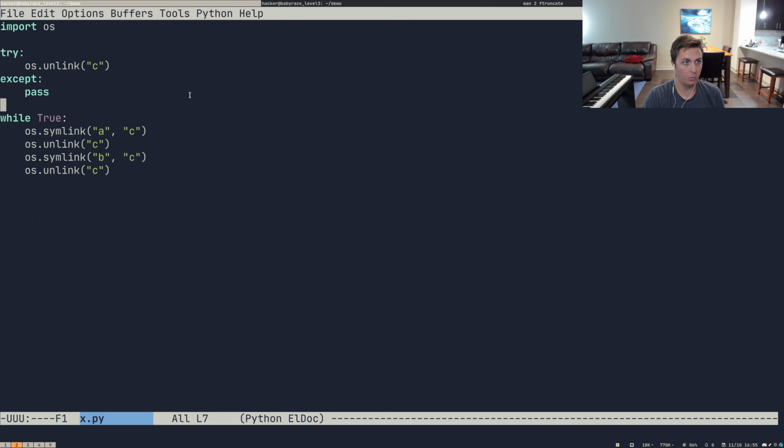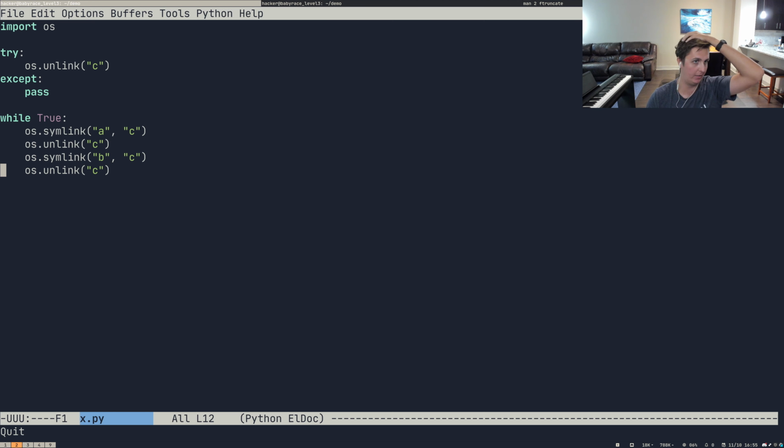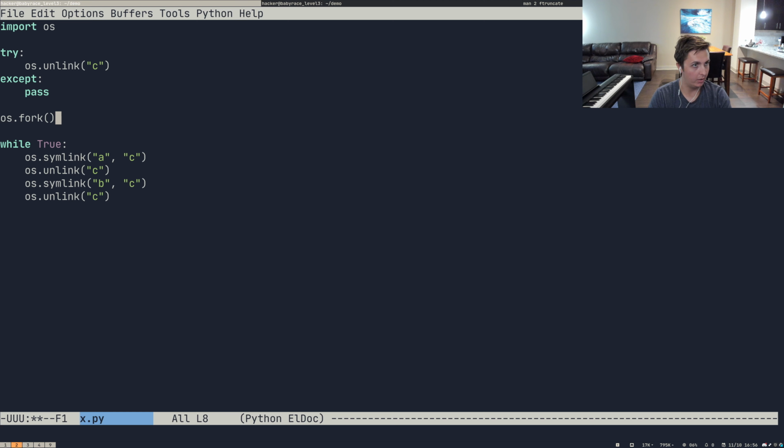Yeah, so what this means is that 80% of the time we're in this unlink and the symlink hasn't quite finished from the kernel's perspective yet. What could we do? One option, and this is probably a pretty good option, is that we could parallelize some things going on. So if we do if os.fork, and then else,